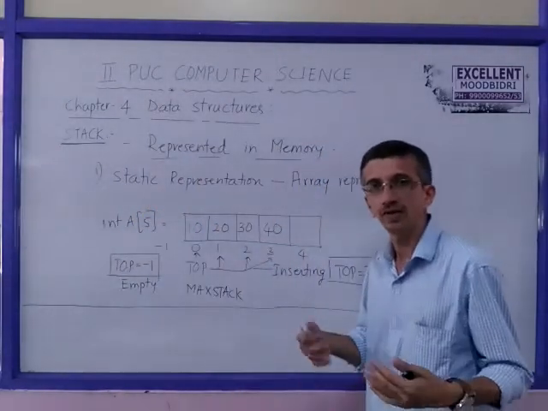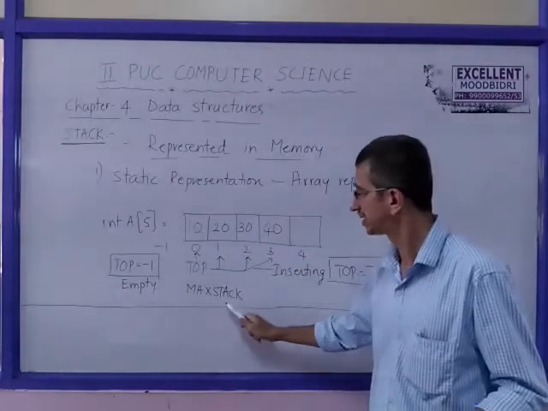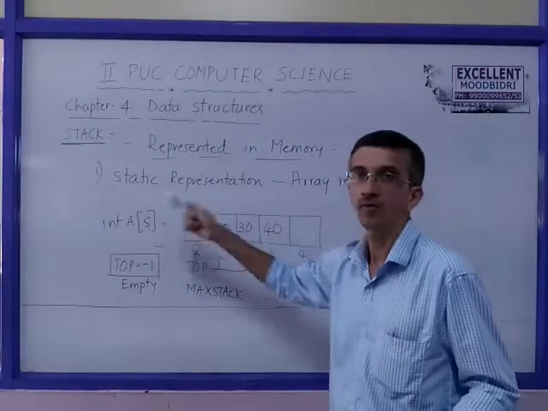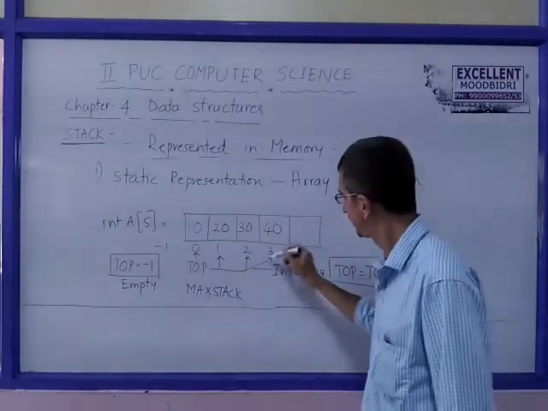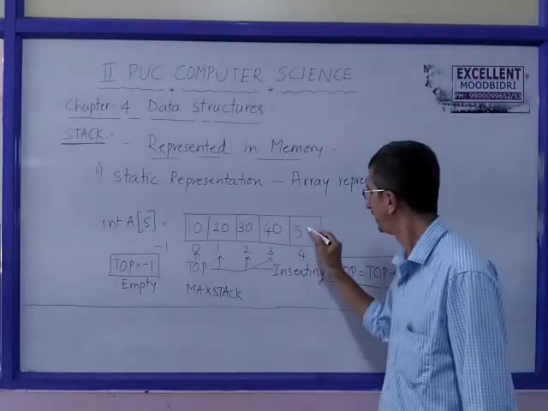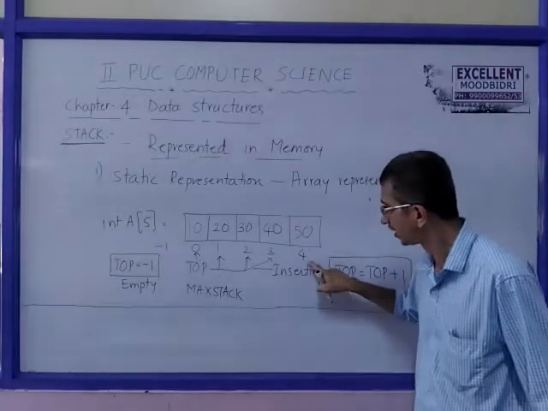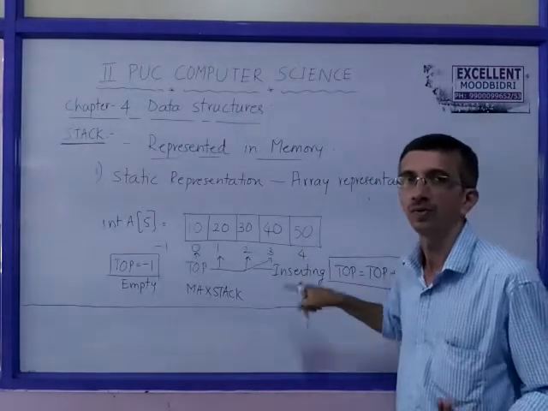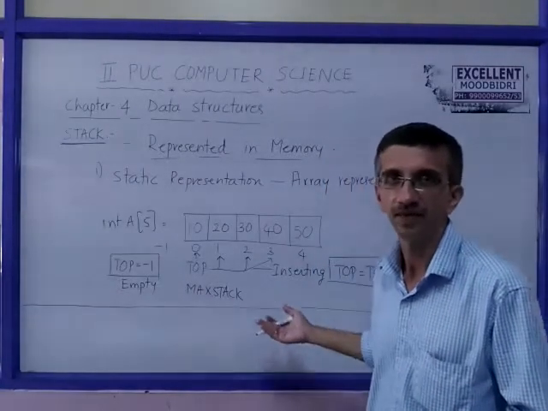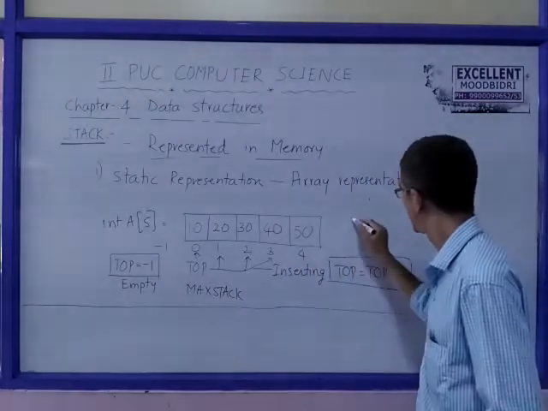Now can you insert one more item into this? Yes, because there are 5 maximum items. Max stack, or max simply, is the number of items in the stack. Yes, we can increment the top. Top becomes 4. So insert one more item. Thus we have inserted 5 items into the stack. Top has become 4 now. Now, can you insert one more item into this stack? You cannot insert it because the stack is full.